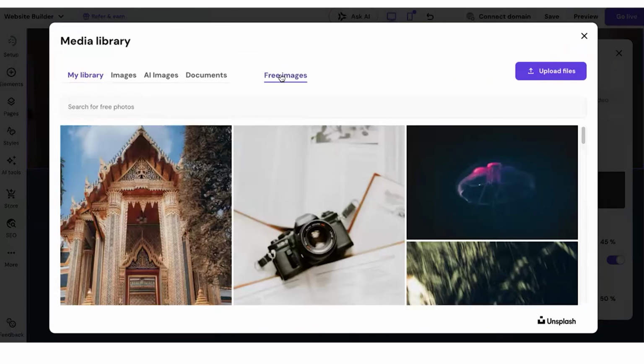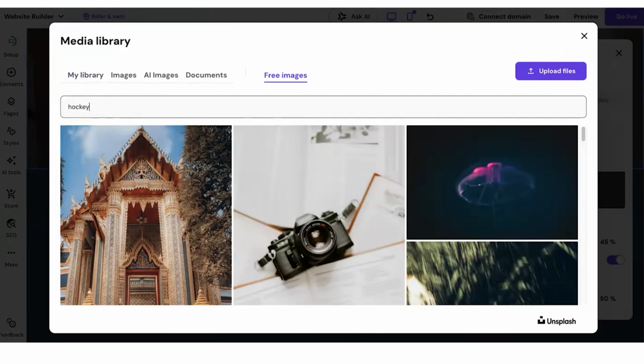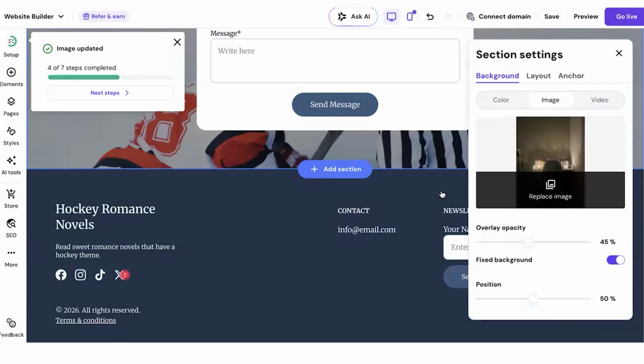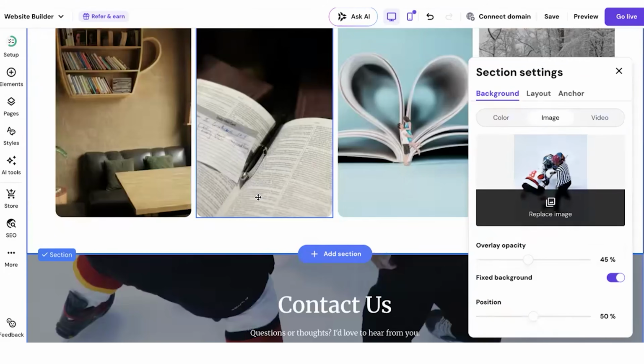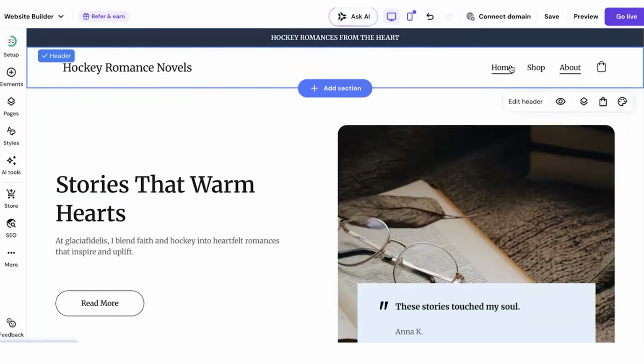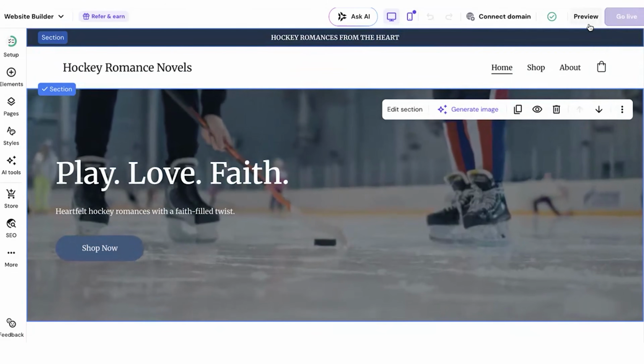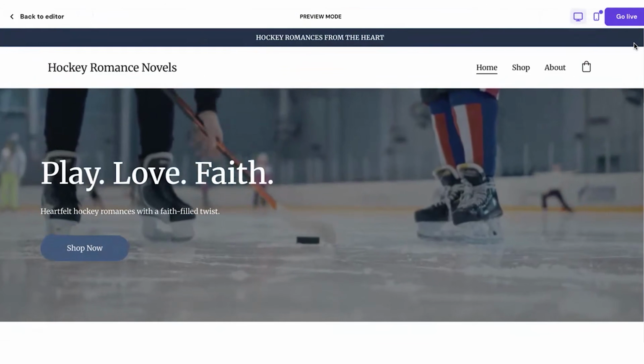So replace images, free images. I'll put hockey. I'll choose this one, add to page. Isn't that cool? I love this so much. Hostinger is what you see is what you get. It's so cute. All right, so when you're all done, go ahead and click save, click preview, and look at